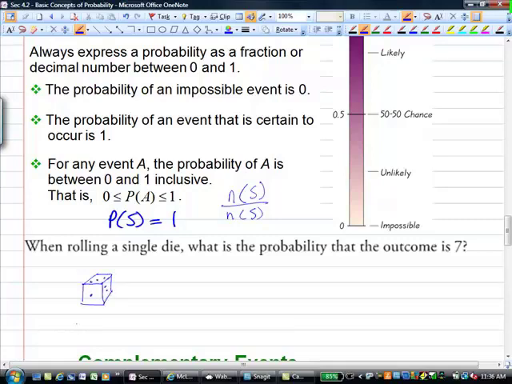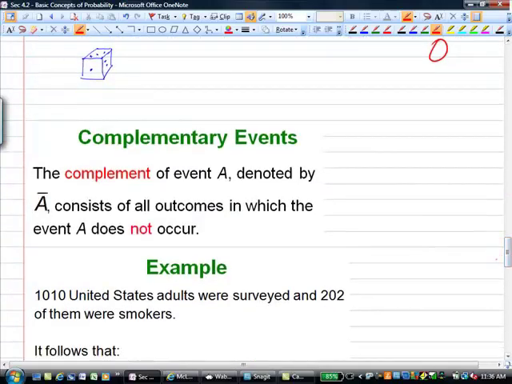And you can't get a 7. 6 is the highest number. So the probability of that outcome is going to be 0. It's impossible. Complementary events. The complement of an event A is going to be denoted by A bar, and that